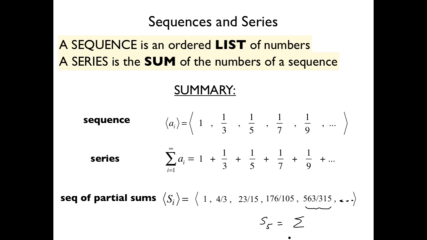So i equals 1 to 5 of, you could write a sub i, or you could write the formula, which was 1 over 2i minus 1. So that S5 number, that 563 over 315, that's the sum of the first 5 terms, or i equals 1 to 5 of our sequence term, 1 over 2i minus 1. Okay, so